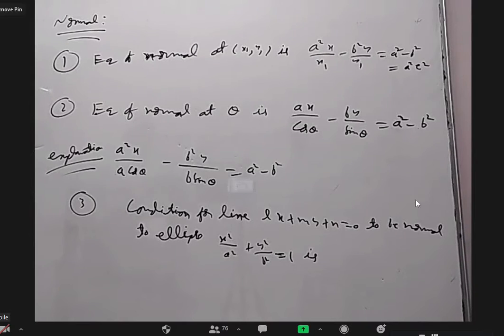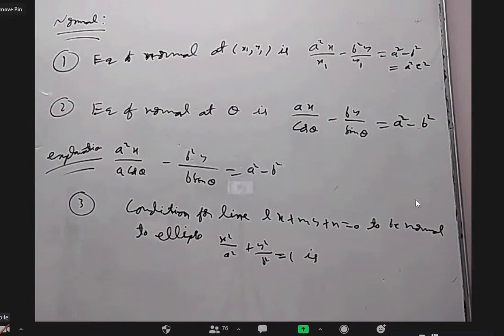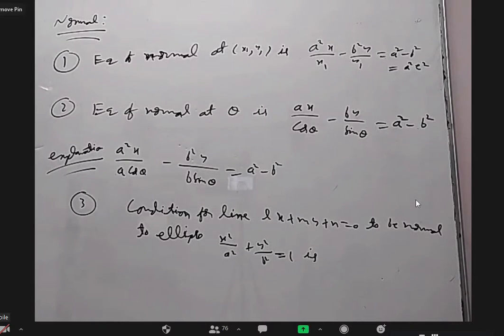Sir, n is equal to b square minus a square. LM and n don't play any role? No, sir, they are dependent on x1 and y1. Even then, what do you compare with, the first normal or second normal? First normal, sir. Okay, and then after getting x1, y1, they should satisfy the ellipse equation, right? So, one minute, I forgot, sir. Okay. Third thing you have not taken it.